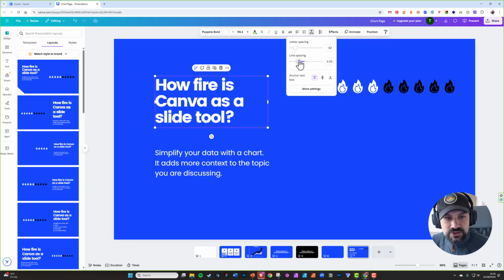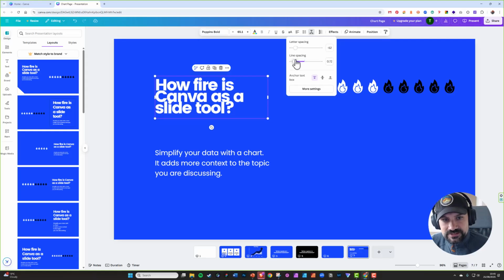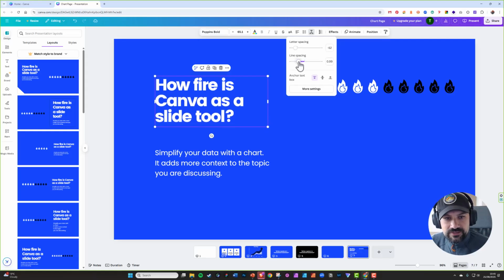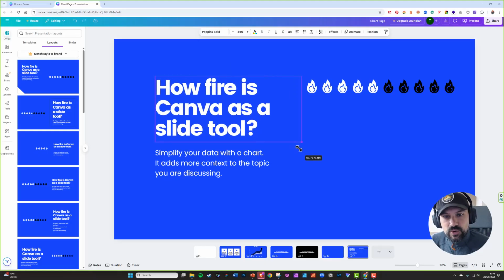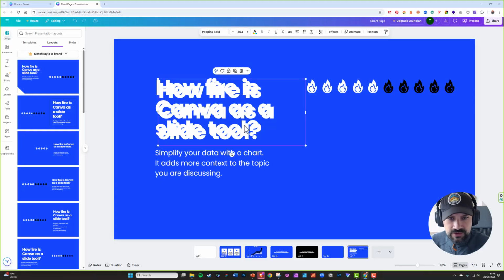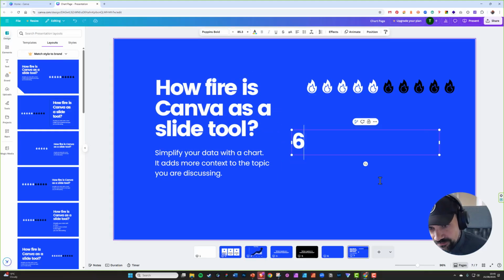Line spacing, you don't want to go too tight. I mean, this would probably be, that's too tight. You want to give the letters and sentences room to breathe, but just a little tweak like that can make your presentation look much better. And now probably what I would do is maybe do something like this, like make it